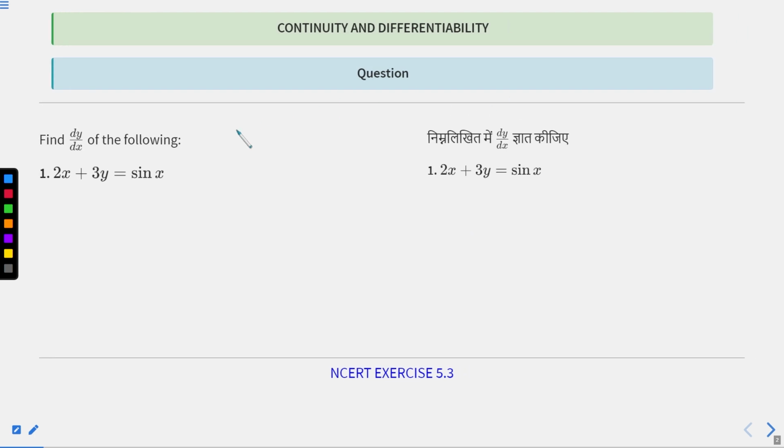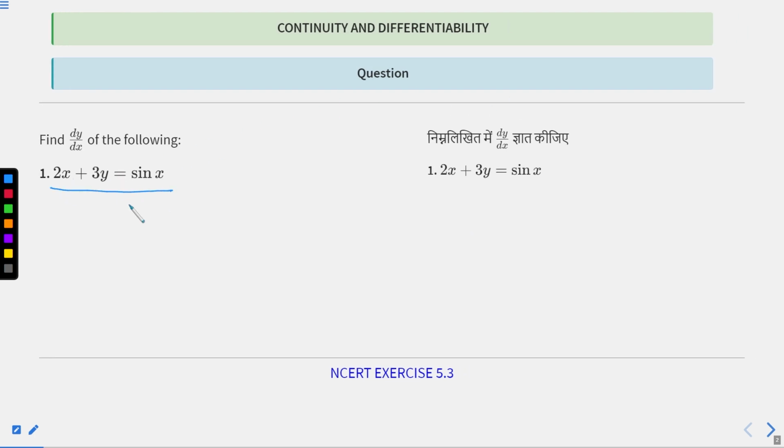In today's session, we will be seeing NCERT exercise 5.3. So far we have discussed enough theory to now solve this exercise, NCERT exercise 5.3. So let's jump to our first question, which says that we are